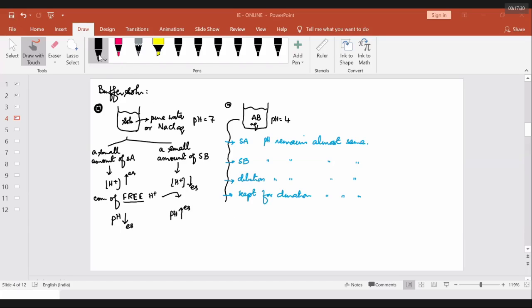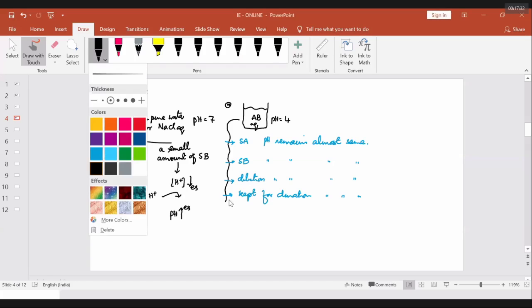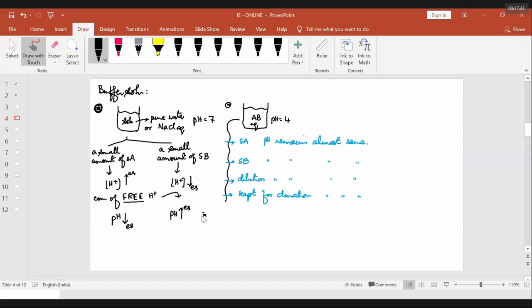Now the question comes here in this case: if the solution is not changing its pH value even when you are adding strong acid and strong base, then what is the problem? What is the problem, right? What I have to say here in this case, first of all,